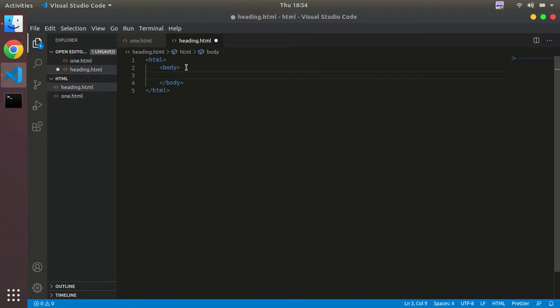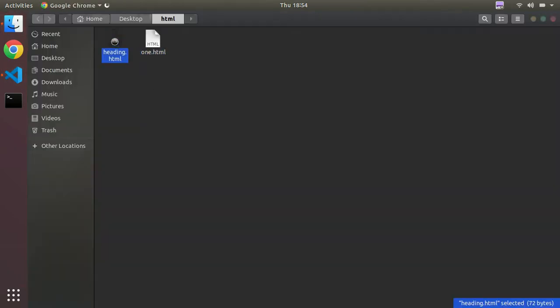Okay, and to use heading tags, HTML has 6 heading tags, h1 to h6. To use that, we have to type the h1 tag open and just close the h1 tag, and whichever text you want to display in the h1 tag, just insert that text inside this tag. So I will write "This is in h1 tag" and save it, and open your folder and open the heading file,